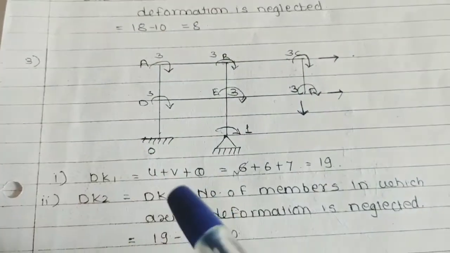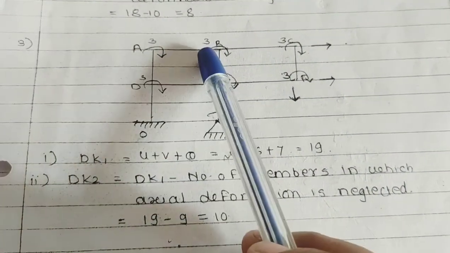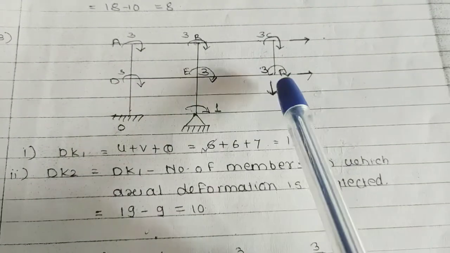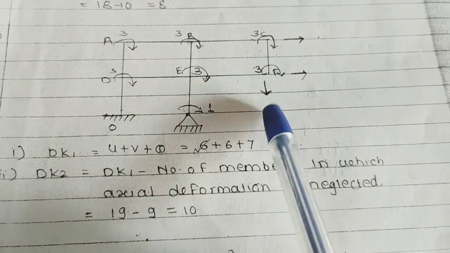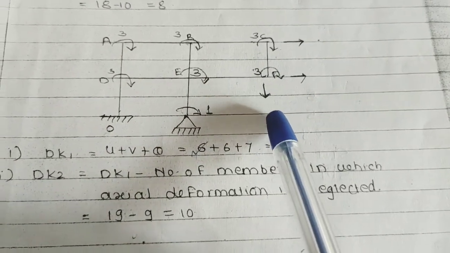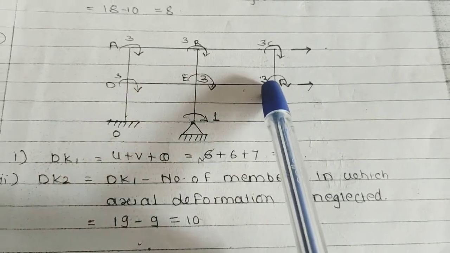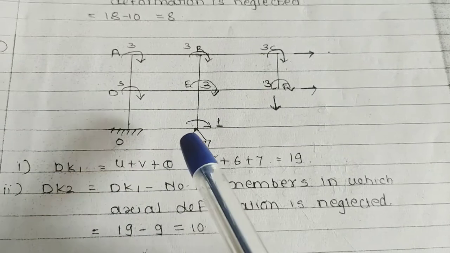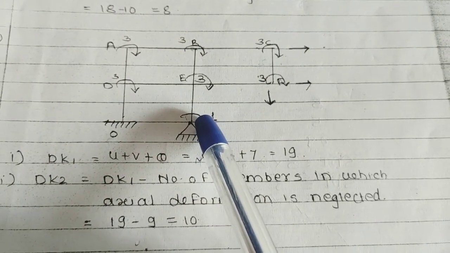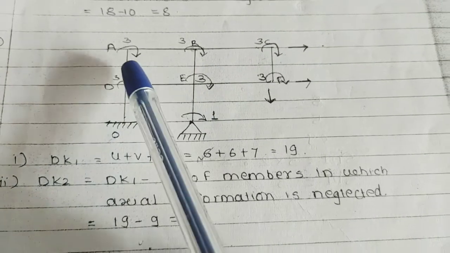Then this is the second example. In this example there are two stories and 2 bays, but here one member is not considered. Means here a support is not considered. This is the cantilever portion. For this particular frame, again you have to count the number of releases, that is the degrees of freedom.